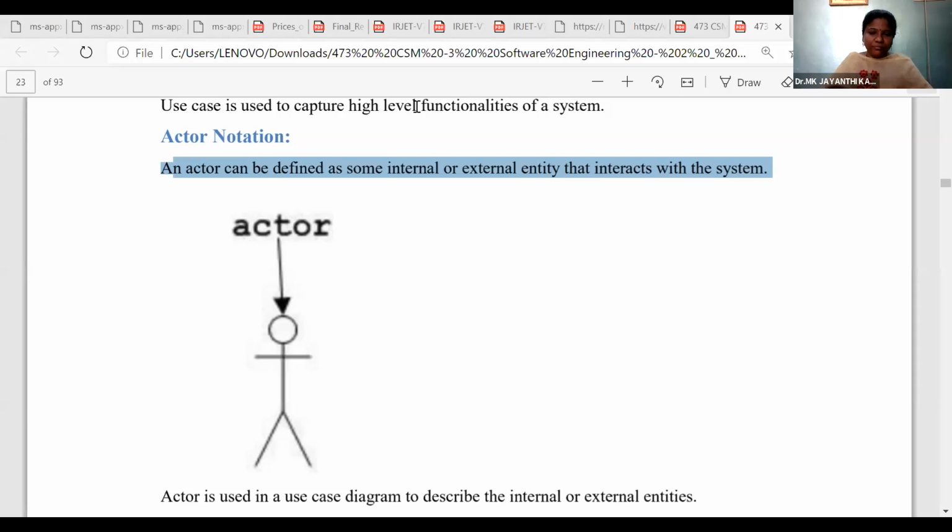Suryavardhan, can you explain where we are using the actor figure in the use case diagram? What is the role? What is an actor? Who are all the people who will come under actor? What is the role of actor in use case modeling? Can anyone explain? Abhilash, Achal Singh, anyone? Ayappa?